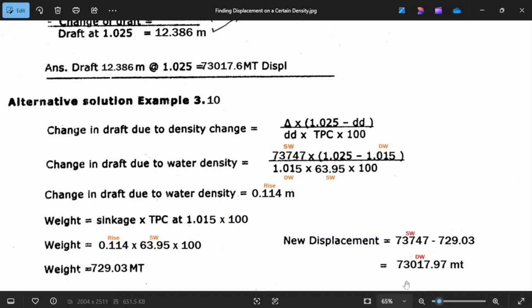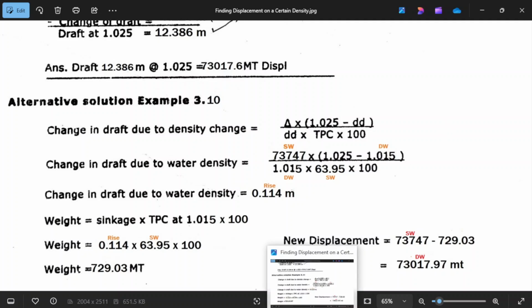You minus this one, then the new displacement would be 73017.97, which is a difference of 37.37. Okay, so this is the answer.